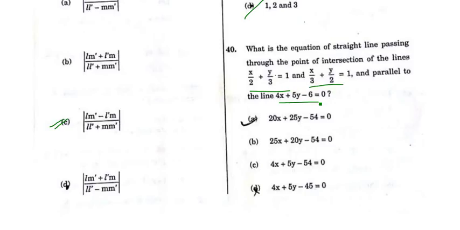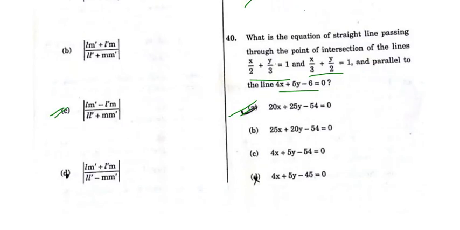So 48th का जो सही आंसर है वो है A, 20x plus 25y minus 54 equal to 0. कैसे होगा? Point of intersection. You have to find out this through this 6 upon 5, 6 upon 5. So इक्वेशन पुट करने पे k इक्वल टू माइनस 54 अपॉन 5 आ जाएगा. एंड देन इक्वेशन ऑफ लाइन, you know that it will be equal to 20x plus 25y minus 54. So this is how you can solve the question.